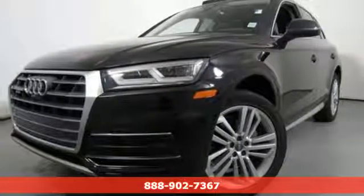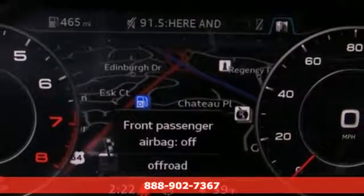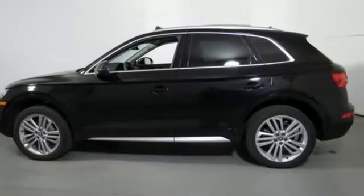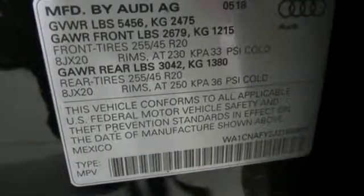Here's a 2018 Audi Q5. This is a luxury crossover with incredible beauty and technology inside and out. You'll look forward to every drive with features like these: intercooled turbo inline 4-cylinder engine, gas pressurized shocks, integrated navigation